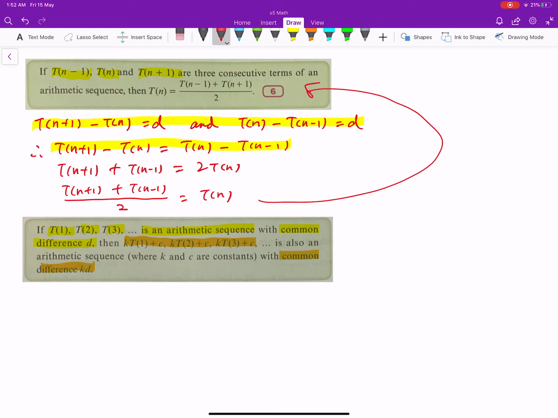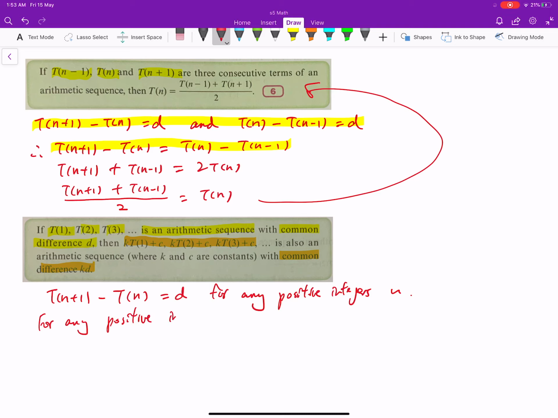So if T1, T2, T3 is an arithmetic sequence with common difference d, so in general, Tn plus 1 minus Tn will be d, for any positive integers n, right? So we first get this, and then now for any positive integers n,